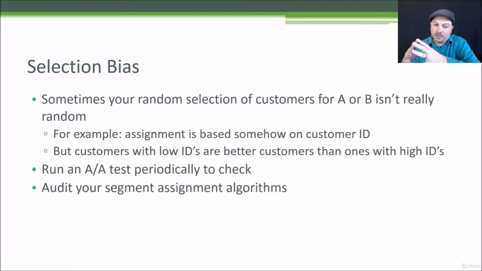Now these are all issues that using an established off-the-shelf framework like Google Experiments or Optimizely or one of those guys can help with. You're not reinventing the wheel on all these problems. But if your company does have a homegrown in-house solution because they're not comfortable with sharing that data with outside companies, it's worth auditing whether or not there is selection bias.